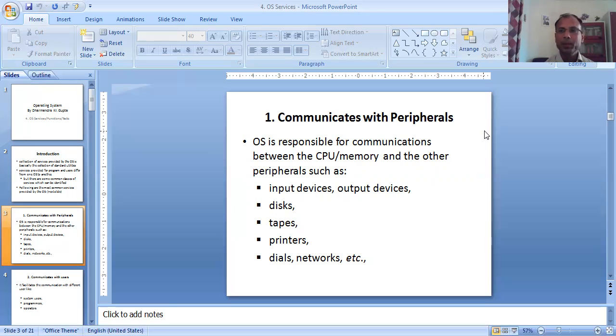So this is the task of the operating system, to communicate with the CPU or memory to the outside world, or even the inner means के devices, CPU, memory to other devices. Either they can be the secondary, tertiary memory, the other networks, printers, mouse, etc. So communication with the peripherals. Here communicates with the peripherals or communication. Both refer to the same sense. Okay. So next,